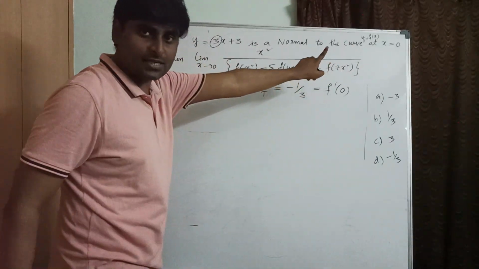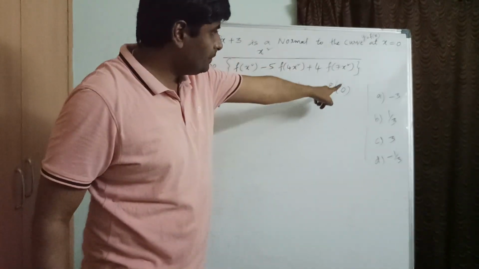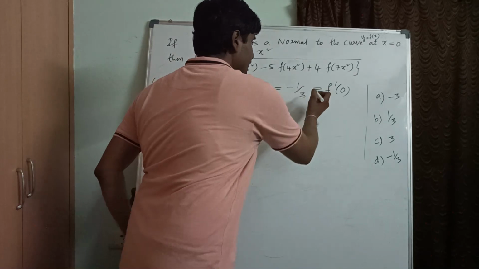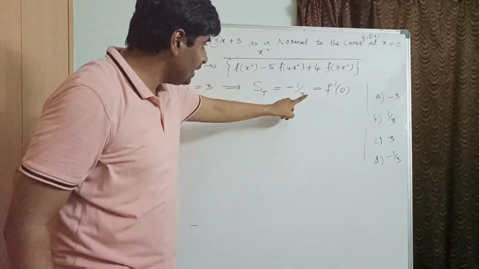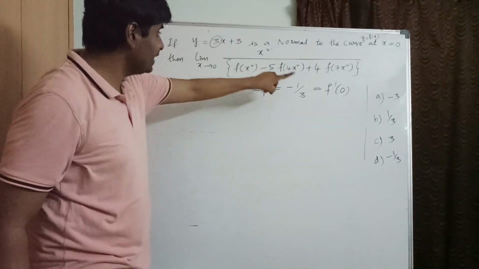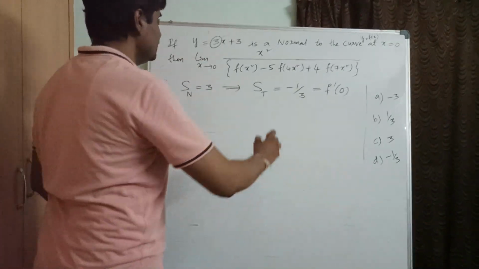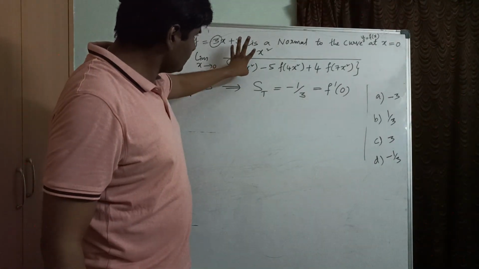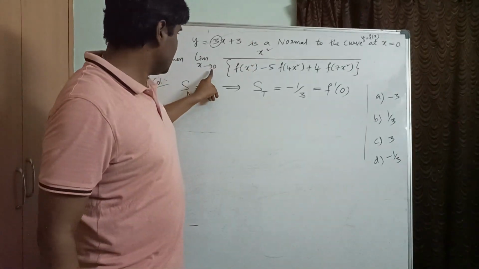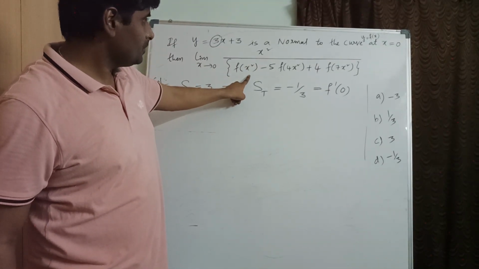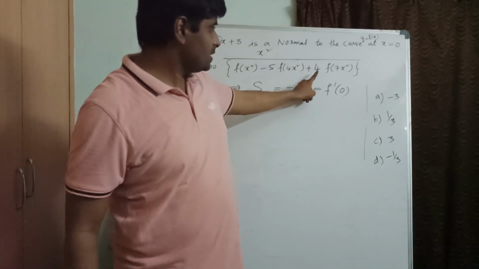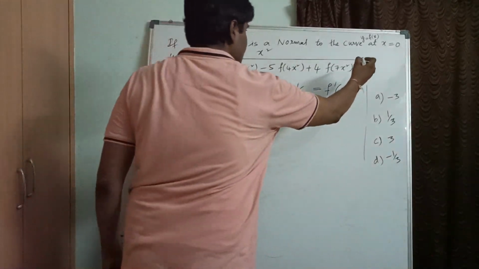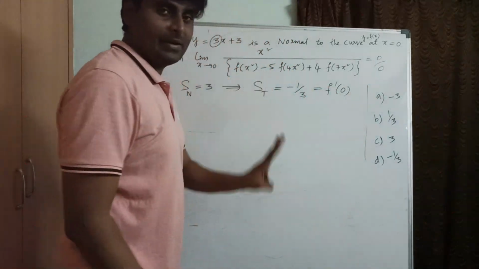Generally if you differentiate the f of x curve to get f dash of x, then at x equals 0, f dash of 0 is only the slope there. Okay, the slope is already minus 1 by 3. So in the end f dash of 0 can be replaced by minus 1 by 3 in solving this limiting problem. Correct? So let us derive this directly, because whenever you find the limit, it will be 0 by 0 form. Substitute the limit there: f of 0 minus 4 into f of 0 minus f of 0, that is 0. Correct? So 0 by 0. So definitely this problem will be in 0 by 0 form.